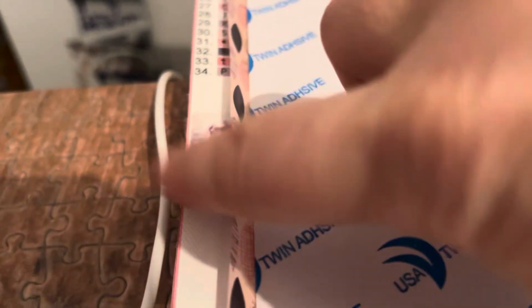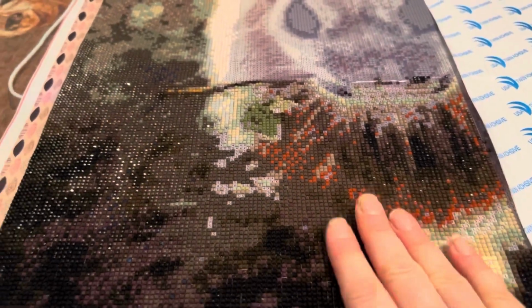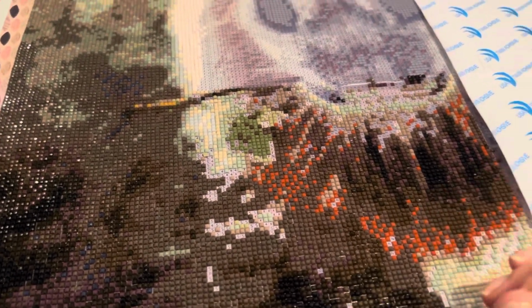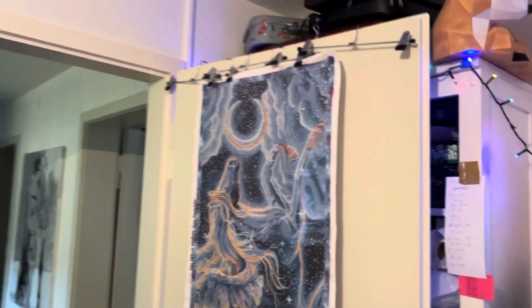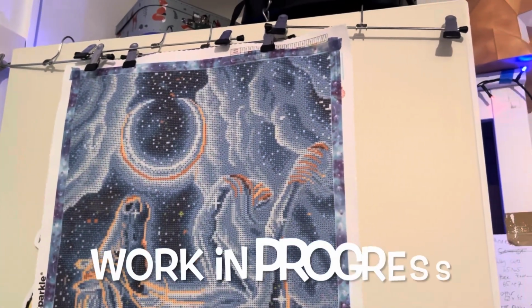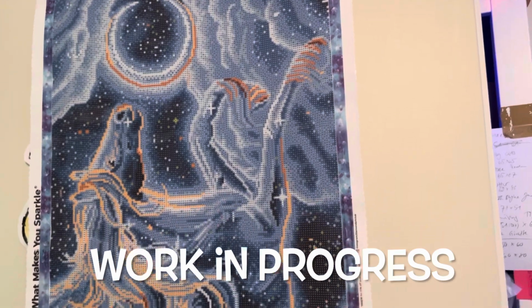So I am not a fan of how those colors turn out, and I'm going to put that aside now and hang them on my door. I have the Pegasus here already. So I'm going to have a few WIPs and add a few more, because I also started the Starry Tabby